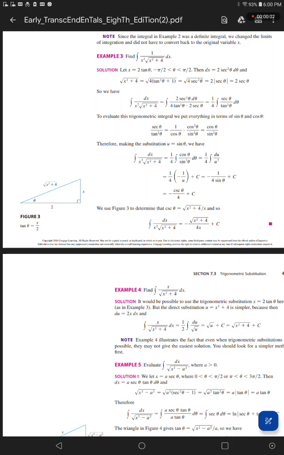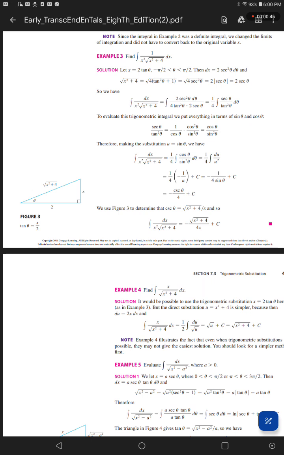Example 3. Find the integral of 1 over x squared times the square root of x squared plus 4 dx. Solution. Let x equal 2 tangent theta, where theta is greater than negative pi over 2 but less than pi over 2. Then dx equals 2 secant squared theta d theta, and the square root of x squared plus